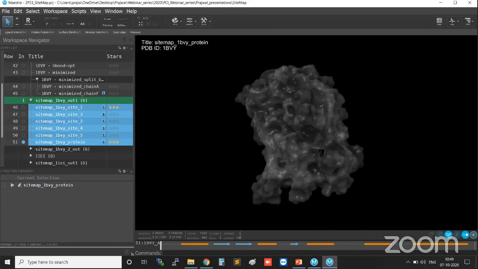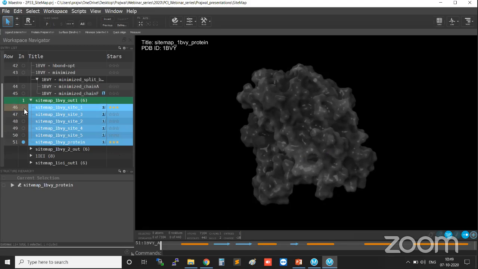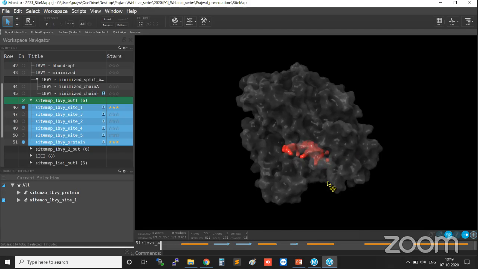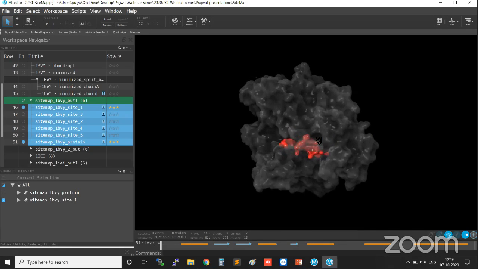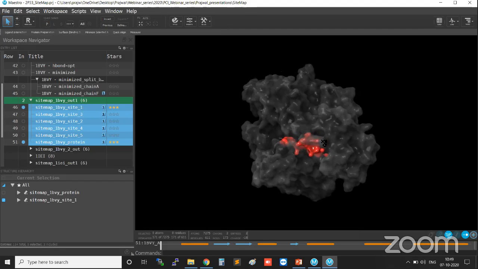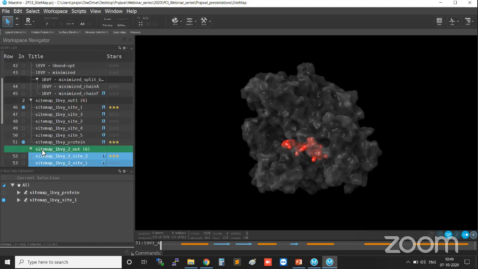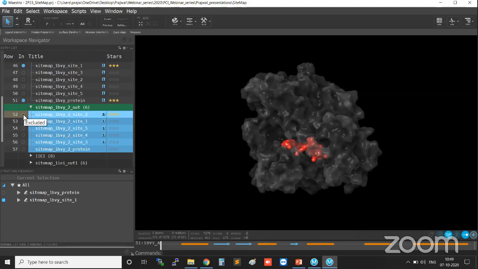Once you have this protein structure in surface view, there are different sites predicted by sitemap, and you can see there is one site predicted inside this red color region, which is basically a deep binding pocket where inhibitor or ligand gets bound. So you can consider this as a heme binding pocket or ligand binding pocket for this protein called cytochrome BM3. Not only that, when I ran the second calculation using the sitemap shallow binding pocket prediction algorithm,